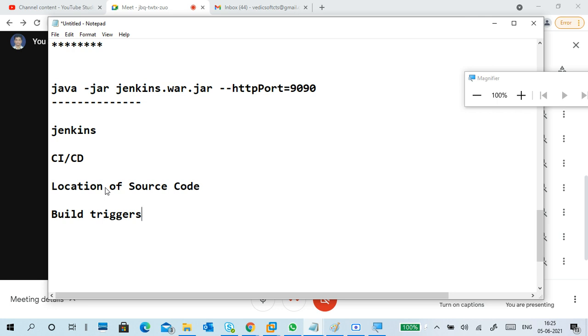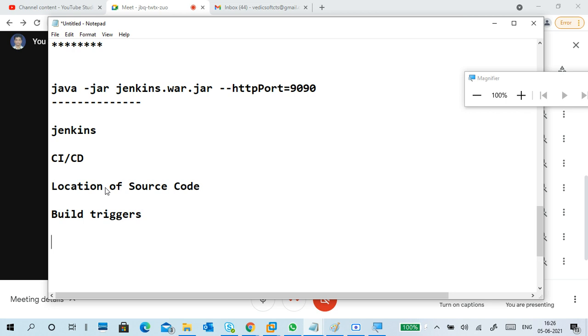If some change occurs, or a certain condition is reached, build it. For example, everybody does coding from morning to evening, so tomorrow morning at 8 o'clock, build it. Then if any issues occur, the coders will check that. So like that, we can give a timestamp, or source code changes: if a new commit happens, new code is committed, then build again. So automatically, whenever the source code changes, Jenkins will sense it and build it.